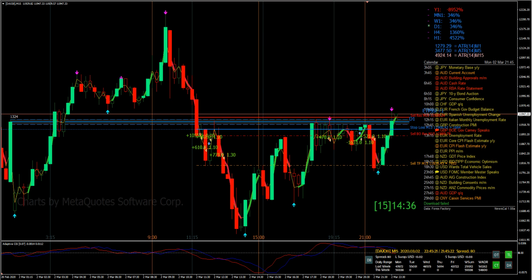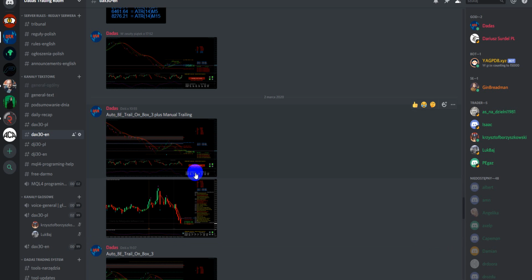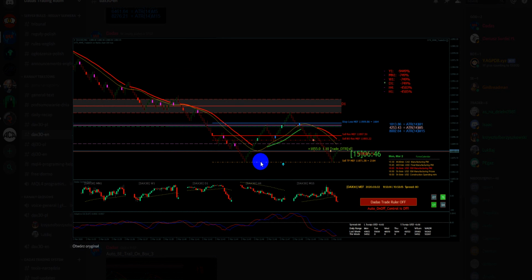Again, we have to look at the image, and here is the image. First of all, I had a signal right there. Like I say, it's sort of a backhand trade. The signal was right there, and there was a situation right here where the trend was developing. So I entered a short,